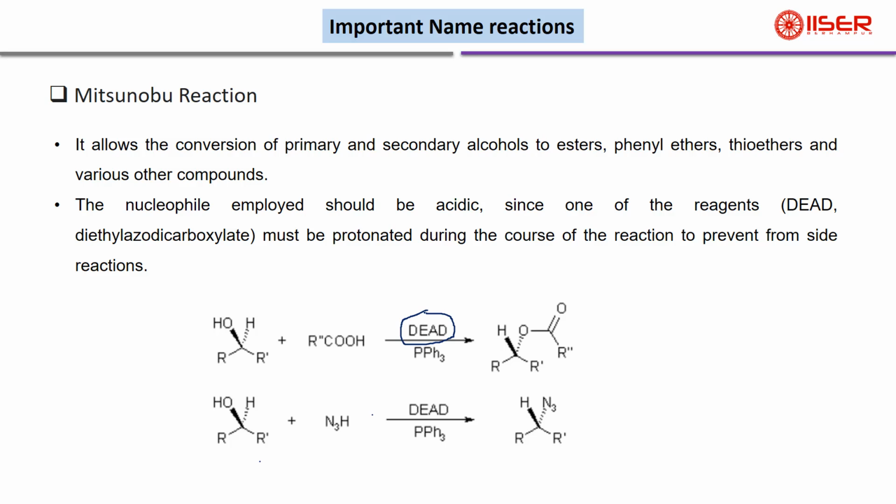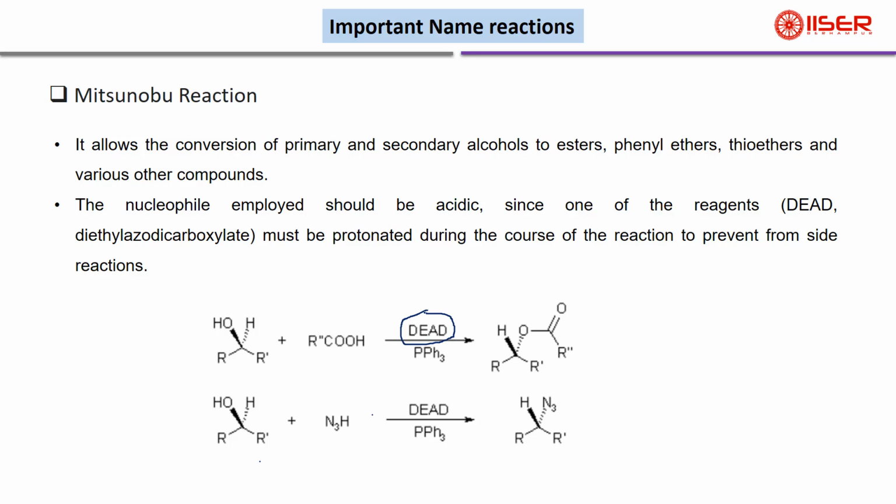So scientists came up with the idea of diethyl azodicarboxylate. It allows the conversion of primary and secondary alcohols to ester, phenyl ether, thioether, and